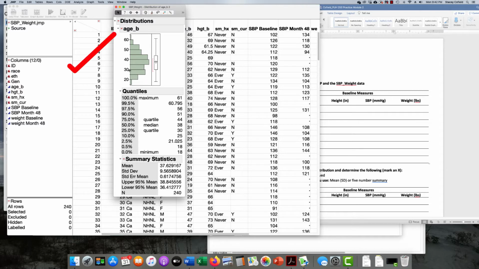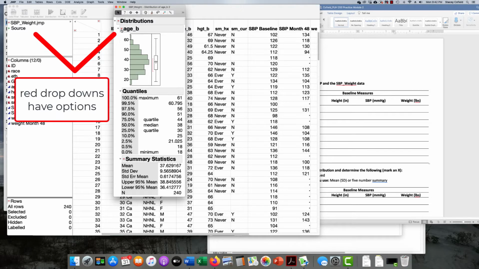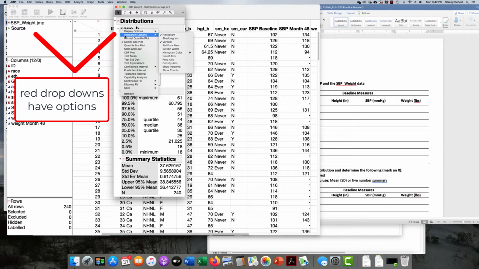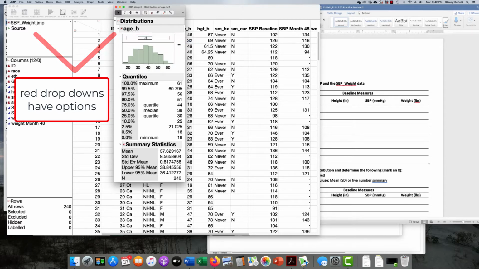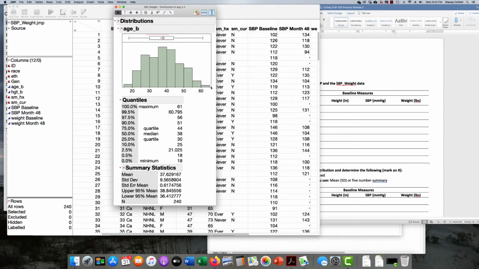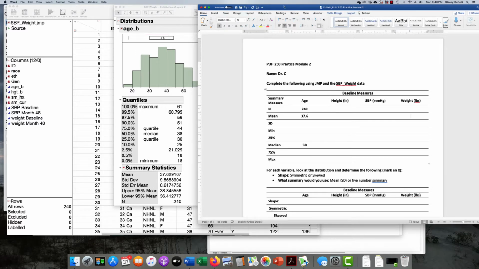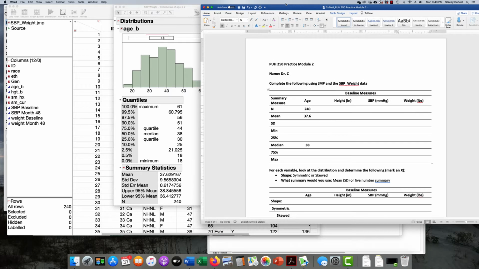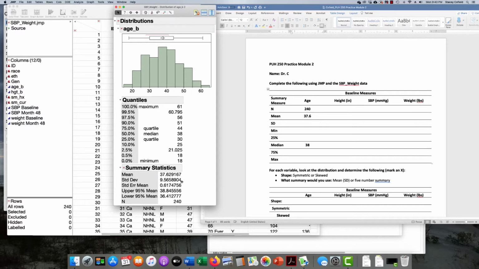And remember, if you want to change the histogram to be horizontal, simply click the red drop down, go into histogram, and unclick vertical. So that will give us our histogram. And now if we want to get the measures of spread, we have a couple of options. For the mean, what goes with the mean is the standard deviation. We can see here it's